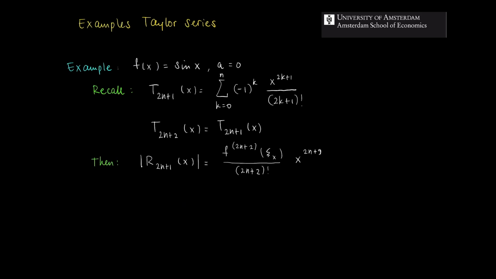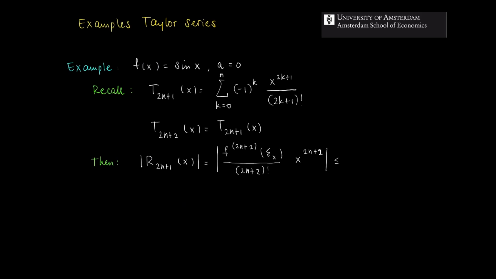That should be 2, not 1. Then we get that this one is smaller or equal, well, the derivatives of f are all versions of sines and cosines. But we know that the sine and cosines in absolute value are always smaller or equal than 1,